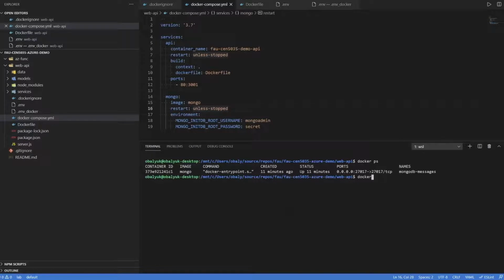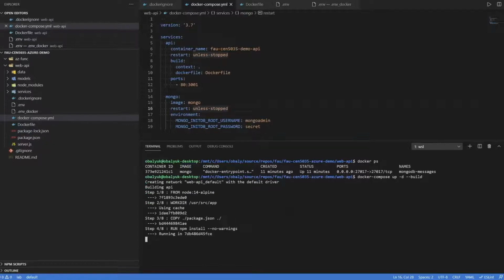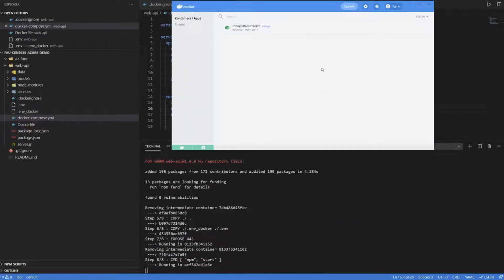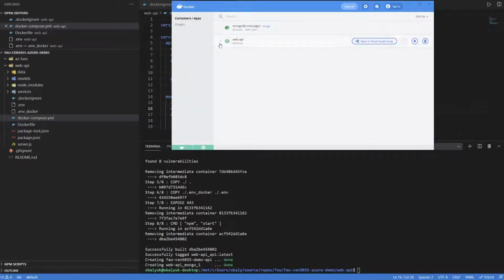After we do this, all we have to do is say docker compose up, with -d for running it in detached mode, as a daemon mode, and build. And you'll see that first the containers will be built. The containers are building, and you'll see that as soon as they're built,